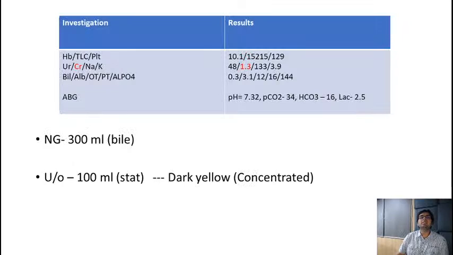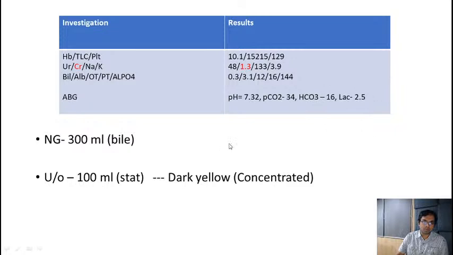So we sent the investigations of the patient, and they showed a normal hemoglobin with an elevated count of 15,215 and an elevated creatinine of 1.3. The patient's ABG showed a pH of 7.32, PCO2 of 34, bicarbonate of 16 and a lactate of 2.5. From this pattern the patient has metabolic acidosis and an elevated lactate, which here is a marker of